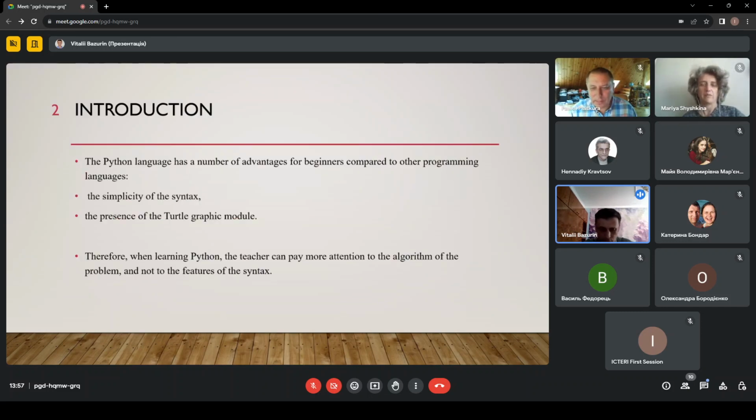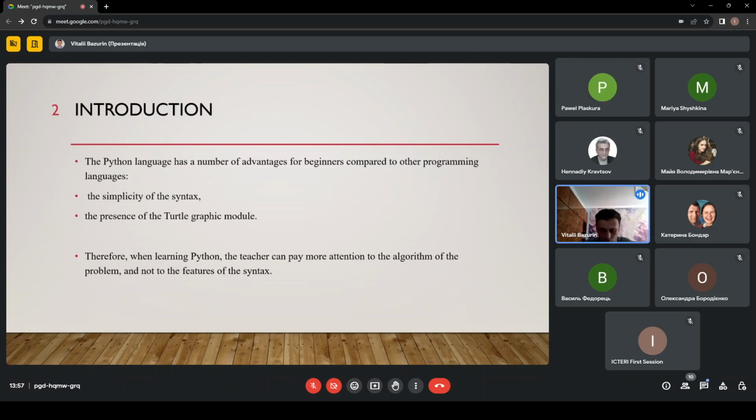The problem of teaching pupils the basics of programming is relevant nowadays. According to the state standard of basic secondary education, one of the main tasks of the school computer science course is the formation of pupils' ability to develop algorithms for solving practical problems using modern programming tools. Therefore, the learning of programming elements is included in the secondary school program, and algorithmization and programming are a cross-cutting content line of the school computer science course.